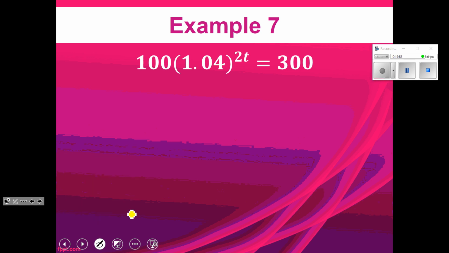Before we can do either option A or option B, because there's two different ways you can solve this, what's the first thing that has to be done no matter what you do? How do you isolate it? You've got to get this part by itself. So what do we got to get rid of? So we're going to divide by 100 on both sides. So 1.04. Now that you have the base and the exponent,